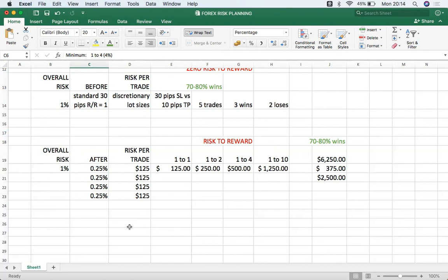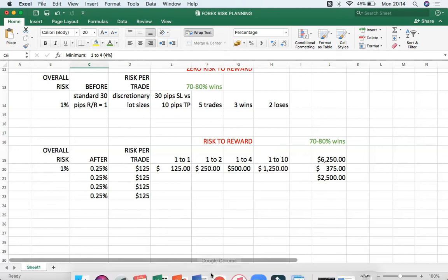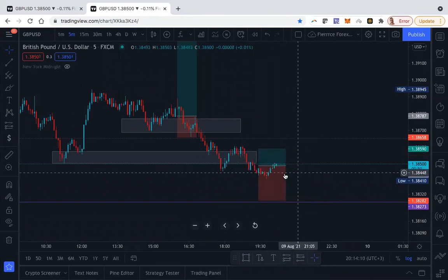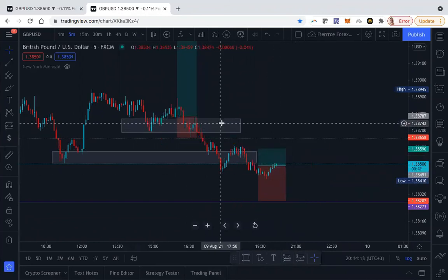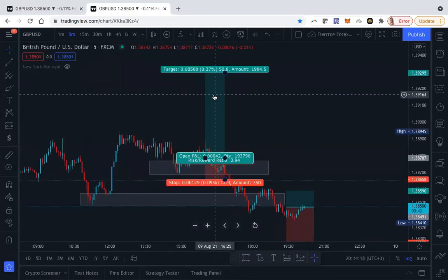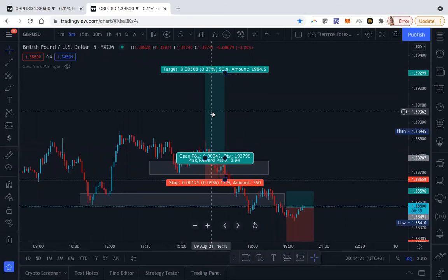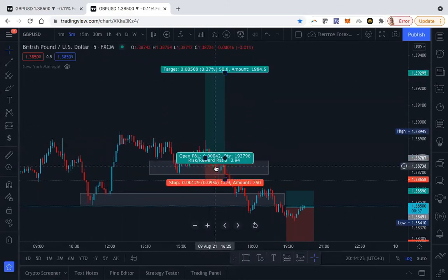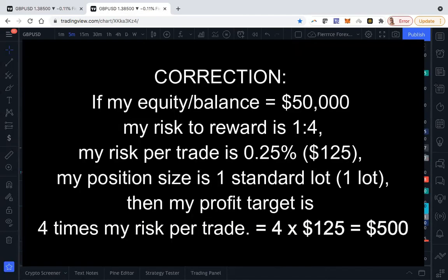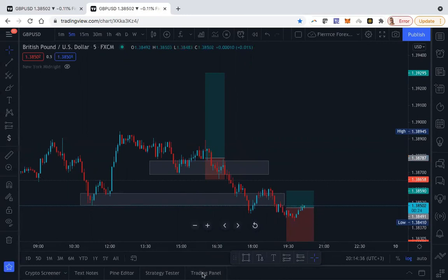Okay, so in my trades, guys, most of the time I put a pip count on most of my stop losses. Like this trade here is 9 pips. This one is 12 pips. So technically that's the range. So if I was to take this trade, my risk is 3.94. So this is a good trade. If I take a lot size of 1 on a 50K account, I'm basically making about $12.50 and I'm risking $125. Okay, so that's what I want you guys to begin to notice or understand in case you haven't yet figured it out.